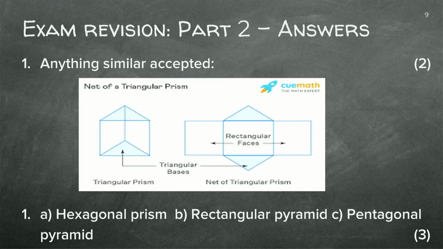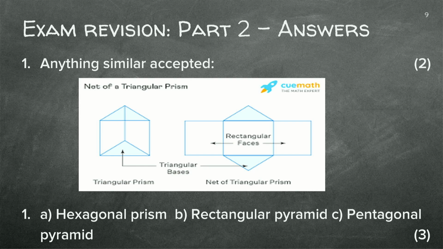Right, how did it go? Let's see. They ask us to do a net of a triangular prism. So it must look similar to this, but this is the most common way of drawing a net for a rectangular prism. You see there's our triangular prism. So there's the rectangular face of the prism. There's our little triangular basis, and that's our net. So I hope you managed to do this one.